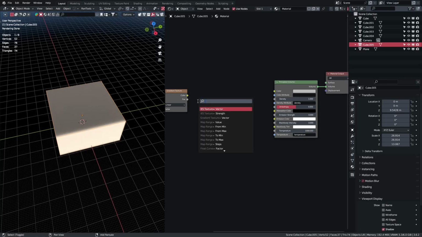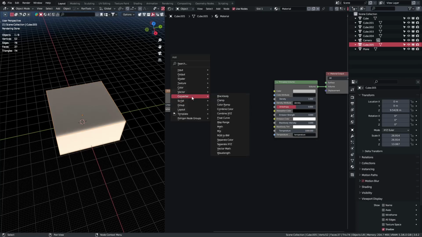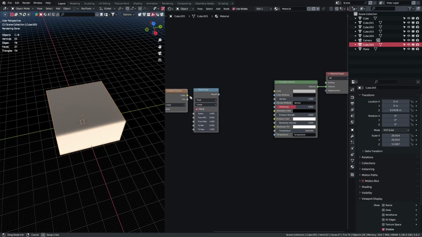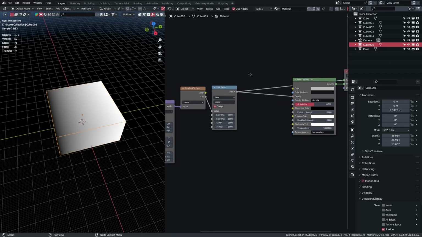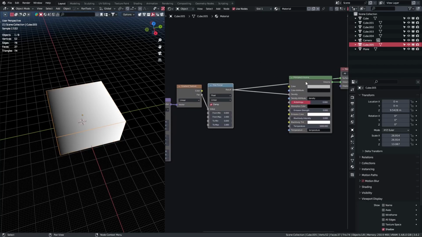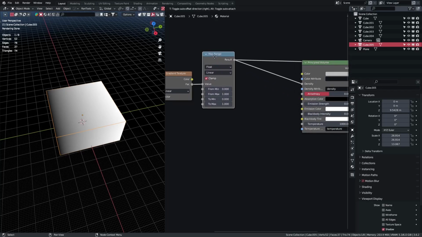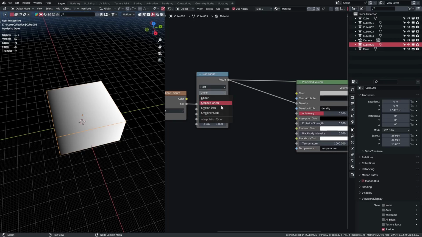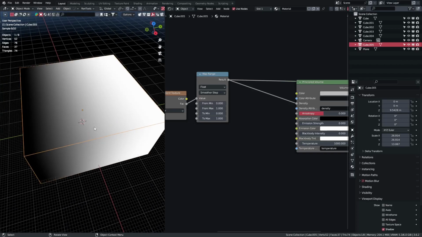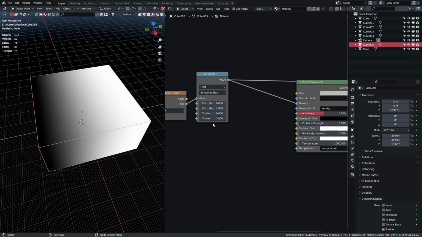We're going to hit Shift A and go to Converter and choose a map range. Take our factor, put it into the value, and our result will go into the density, and we will also preview it. With Node Wrangler, you can also hit Control Shift and click on your node to preview it instantly like that. You can just click on all your nodes and it'll automatically preview it. So here we go. We got our map range, and we're going to set this to smoother step. And as you can see, that gives us more of that kind of ease and B-spline look, which is exactly what we want. But also these control points, which have inputs,